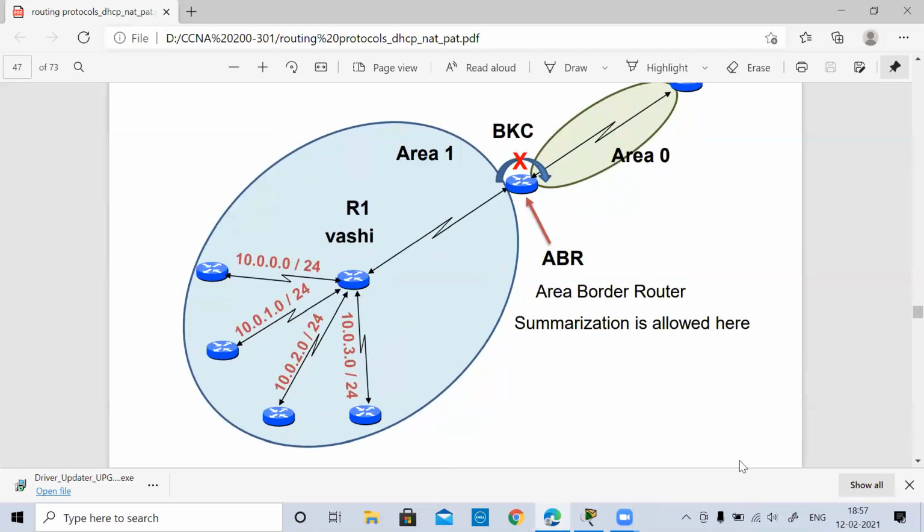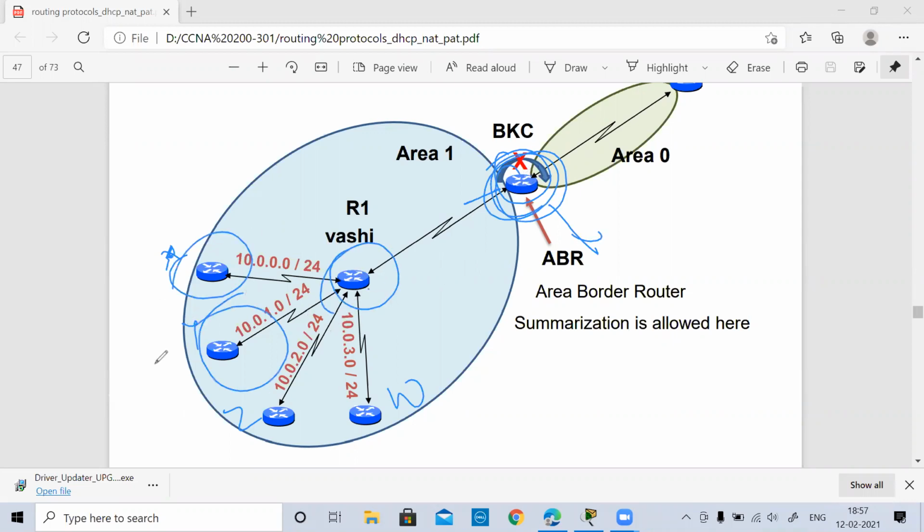So all the internal routers are going to receive the link state updates. Okay, so I can say that here, if I call these X, Y, Z, W routers, and this router as well which is there at the border, whatever link up and down goes, this router will get to know. However, here the summarization is done. Summarization is done over here. Summarization is not done on this router, on this router, on this router.